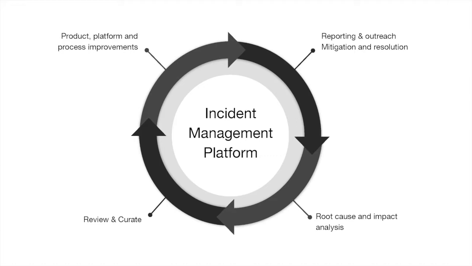With all of those lessons captured, the incidents then generally go through a review and curation process to make sure that all the things that we have captured are accurate, and all the action items that we have taken have indeed been worked upon and assimilated into our overall project management system, where we do both our strategic as well as tactical planning work. And last but not least, once all of those things happen, these things are funneled to individual product, platform, and process improvements. And those, again, result in changes or improvements on those things. And then the cycle continues.